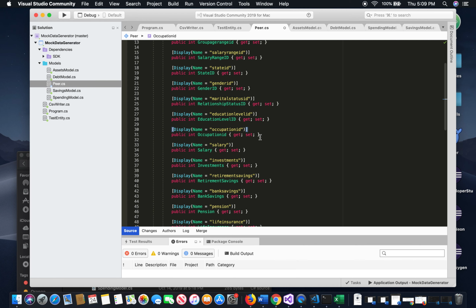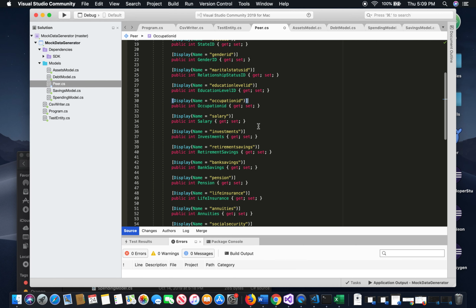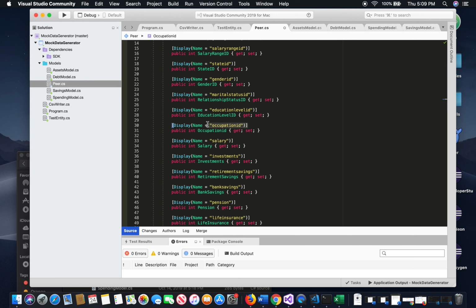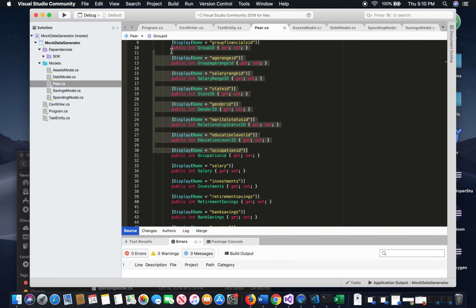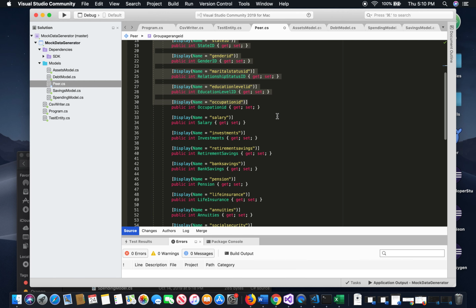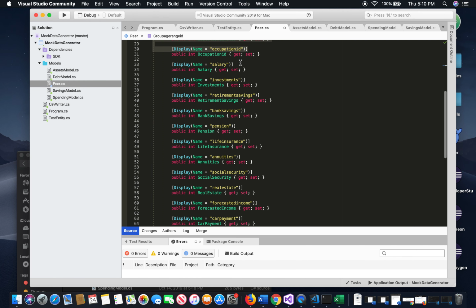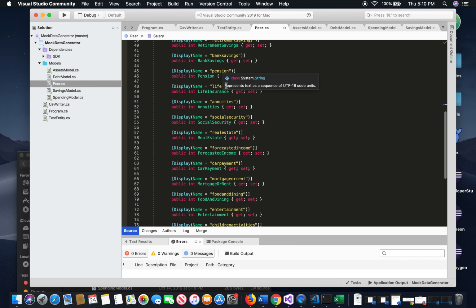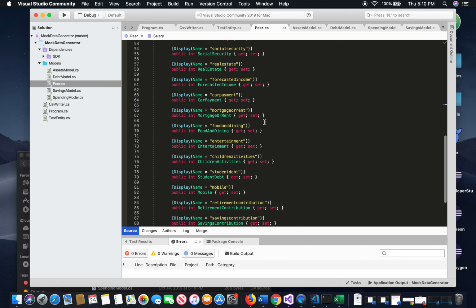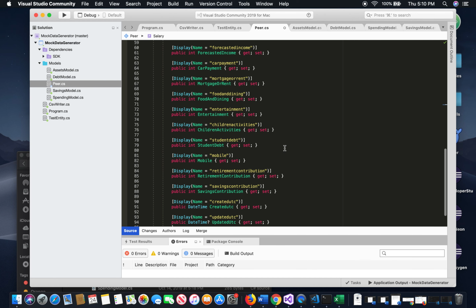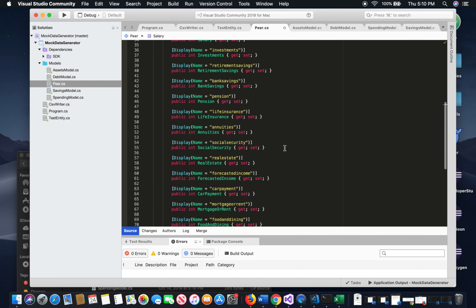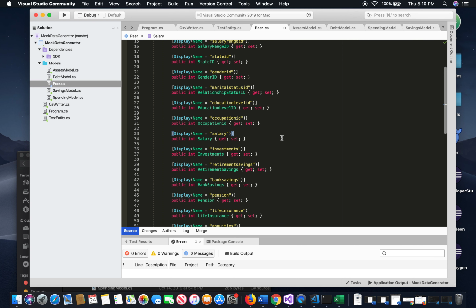And what I have to do is to create a population that has values for each combination of these 7 attributes, and generate salary, investments, retirement savings, bank savings, pension, life insurance, annuities. And so there's quite a bit of data that needs to be created for this project, and instead of simply